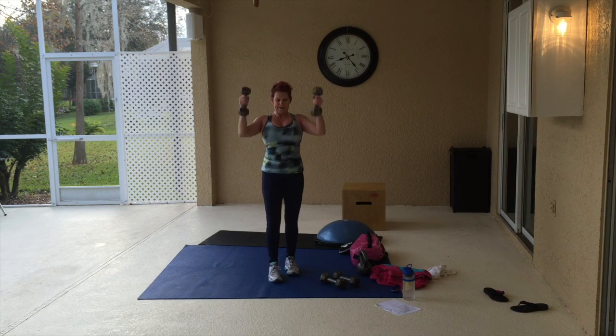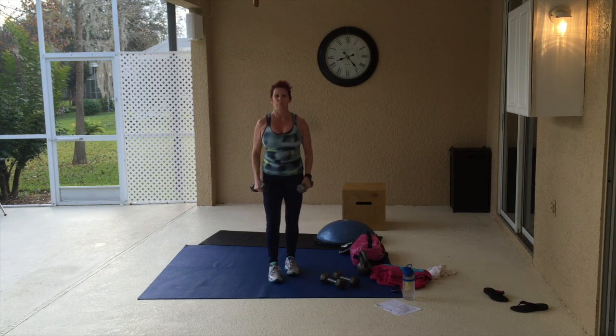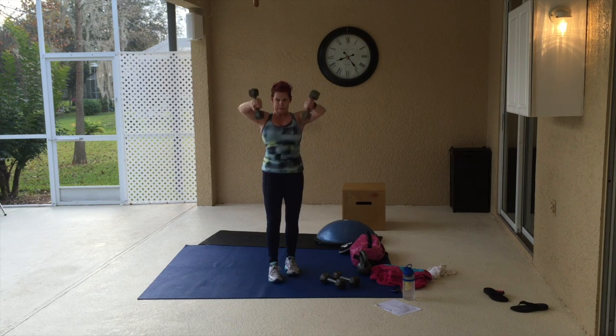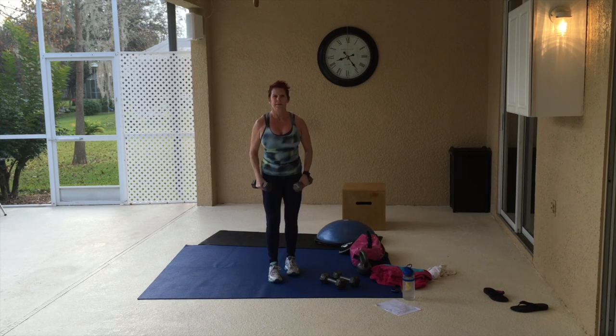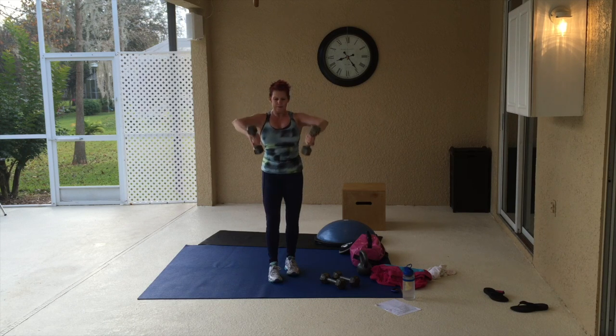1, 2, 3. It's a front raise, but we're on a 45-degree angle. 7, 8, 9, 10. 5 more and we're going to do rear delts. Flies. 4, 3, 2,